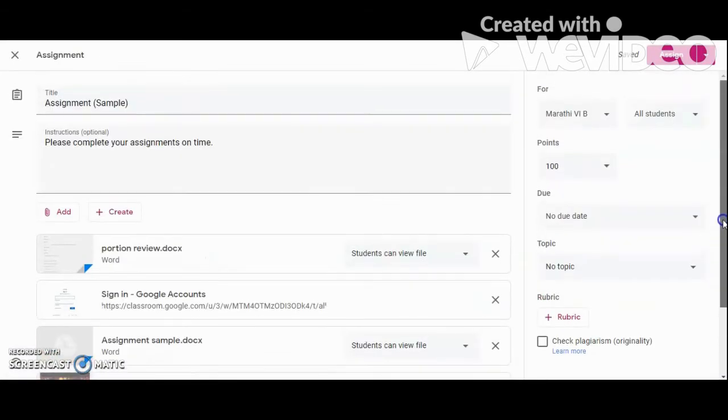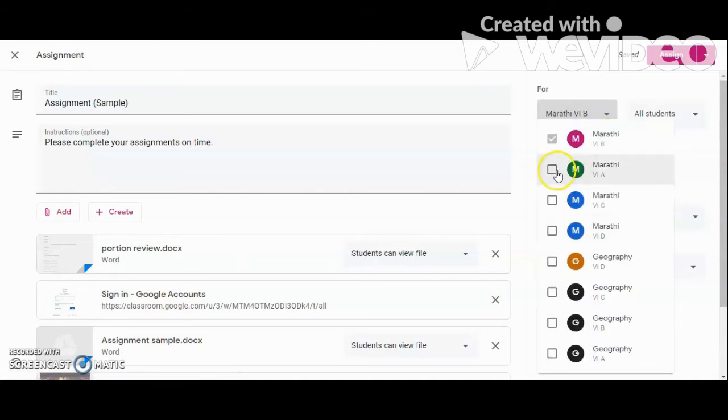Then coming to the right side, now this is the class basically that I am doing right now, the assignment. If I want the same assignment to be sent to other classes as well, then I will just have to select those classes.